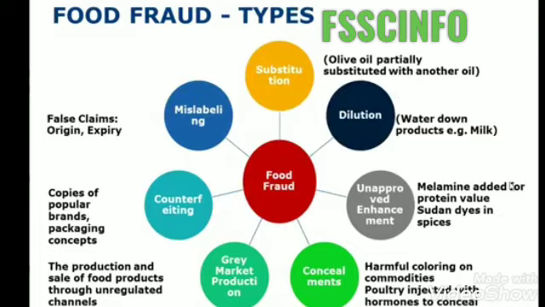The third is also very important, and unfortunately, this one also has a good share in the types of food fraud. It's called unapproved enhancement. It means addition of unauthorized, undeclared material to a food product to enhance the quality attributes, like dyes being used in spices, especially Sudan dye for red chili.